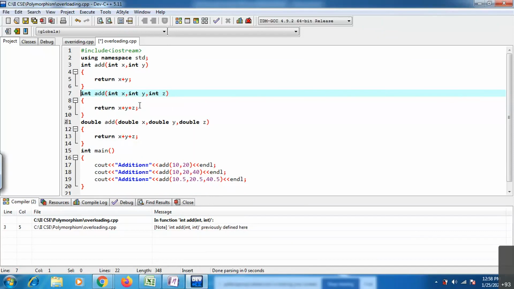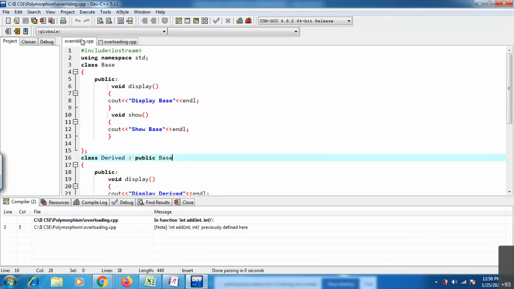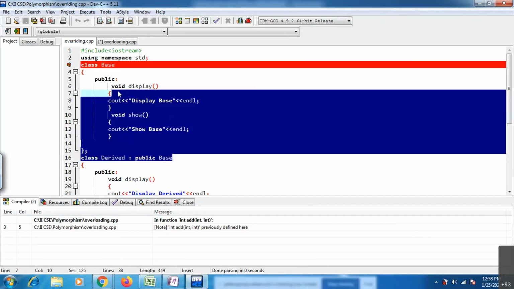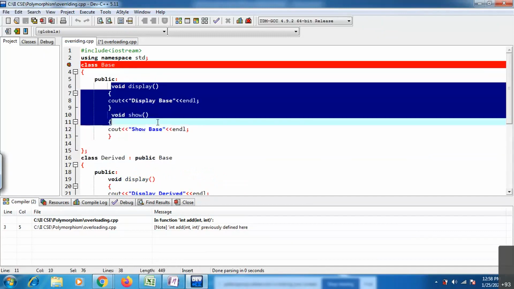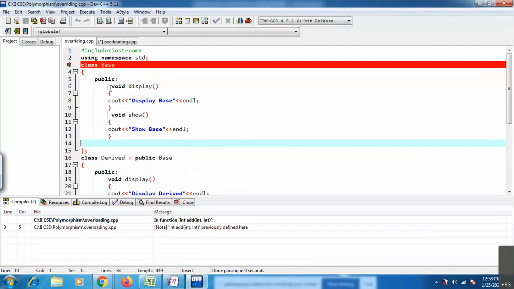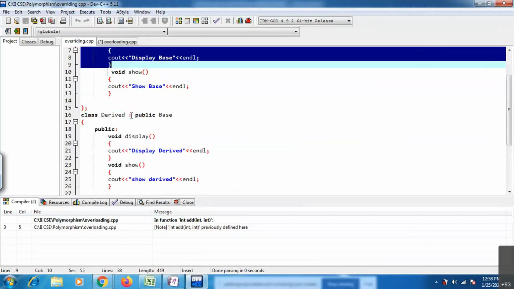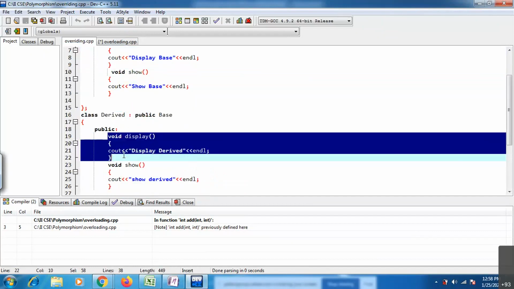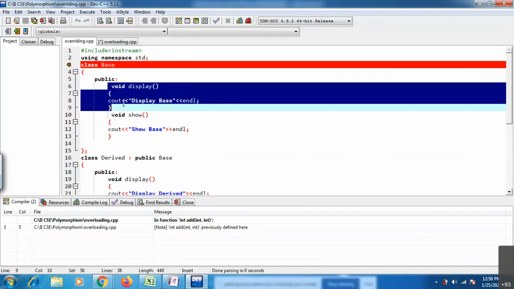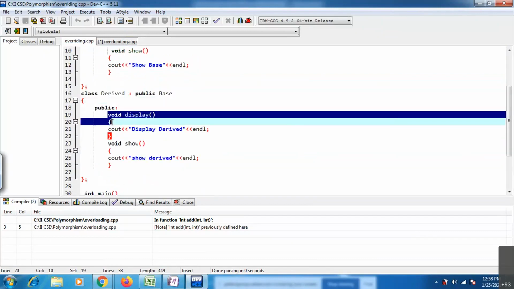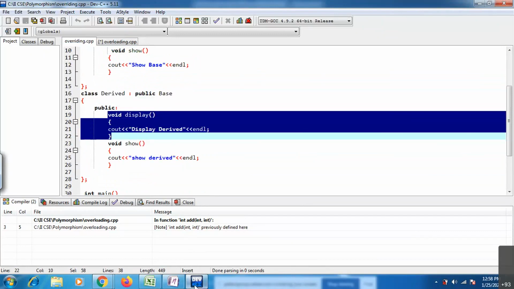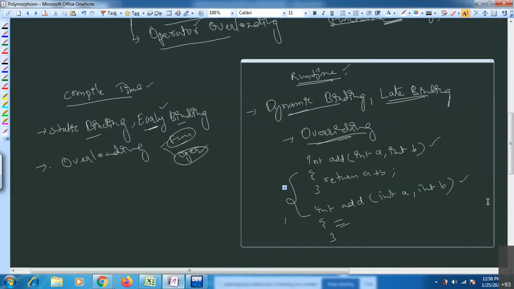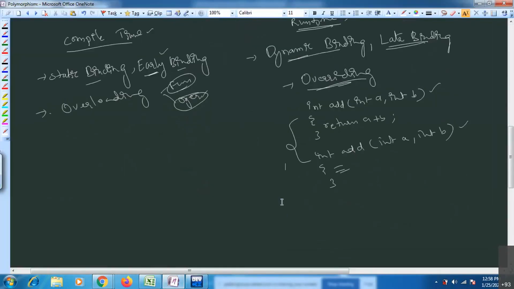That overriding you can write using the inheritance concept. Inheritance means you have a base class, and inside the base class you have functions. The same function name you can write in the derived class as well. In this case, you are overriding base class members inside the derived class. You can achieve overriding by using this inheritance concept.